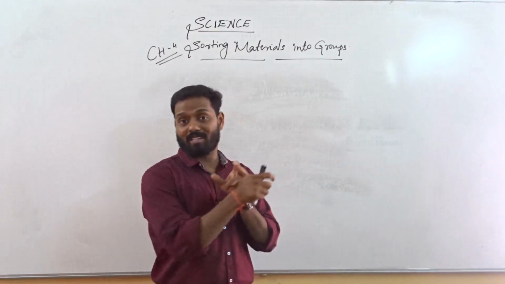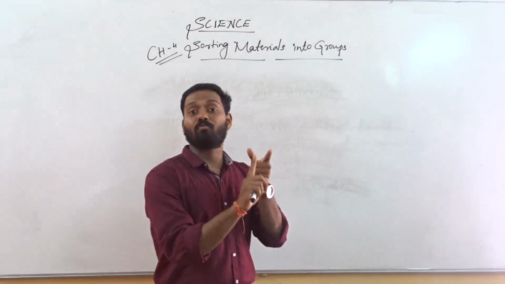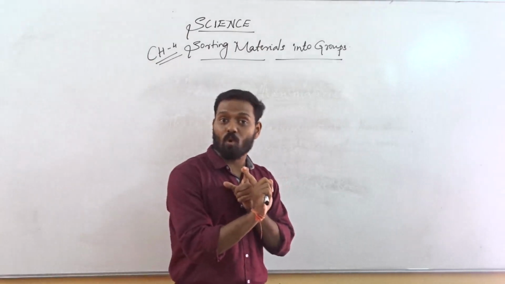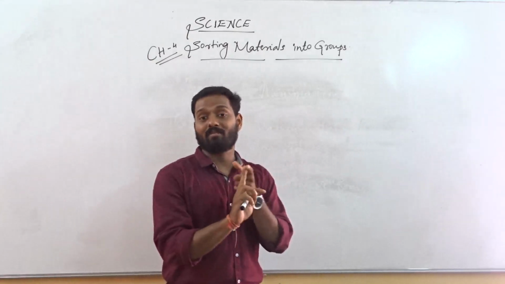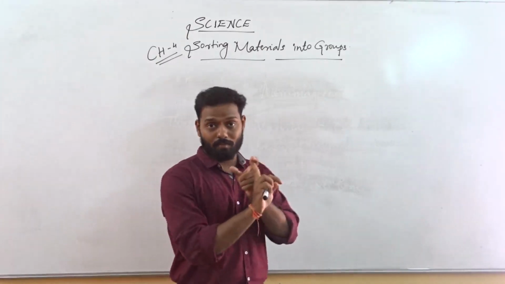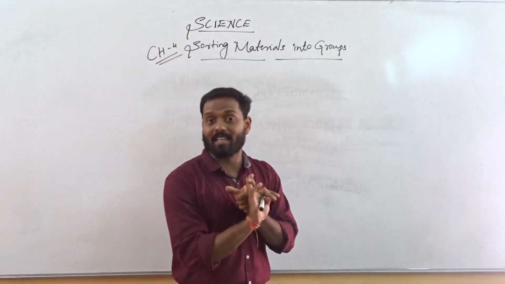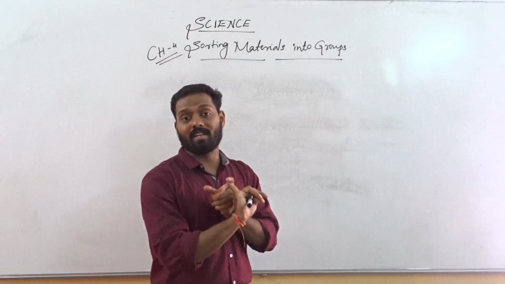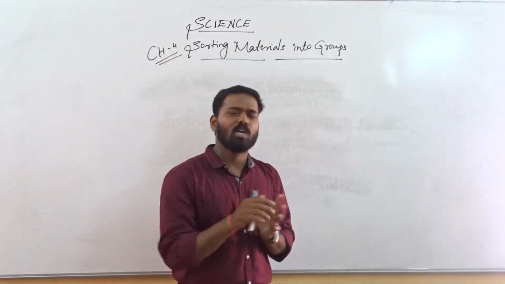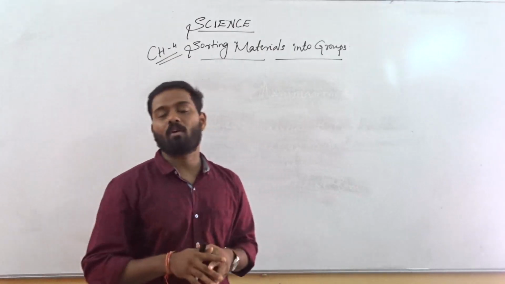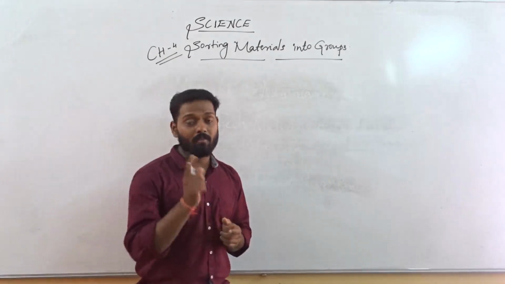Fifth is transparent, translucent, and opaque. We did that. And floating and sinking, certain materials float and certain materials sink. That also we did. Then we started with magnetic and non-magnetic. Then soluble and insoluble. Next we did visible and invisible, and luminous and non-luminous objects. So a huge number of classifications we have studied in this chapter, and hope everybody enjoyed